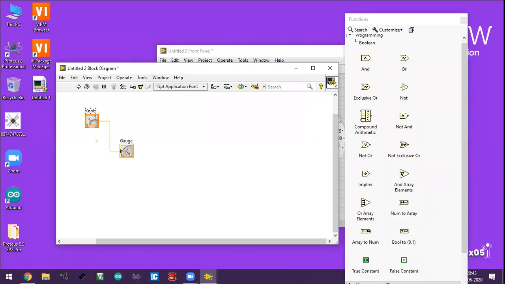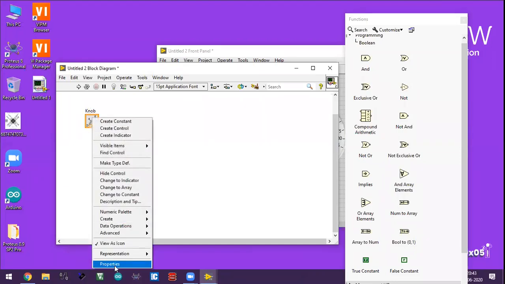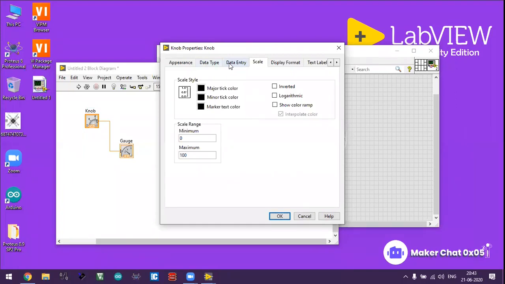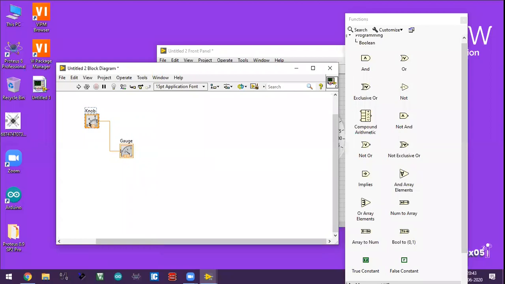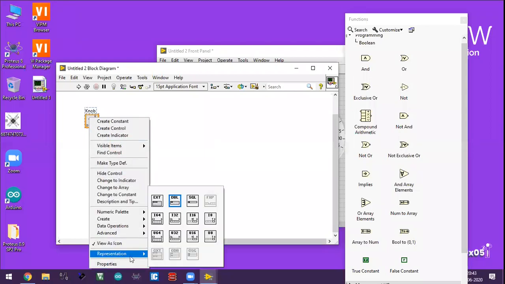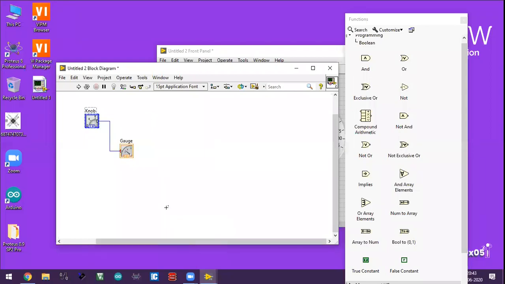See, one thing is there, this is an orange color, so it represents a double value. If I change the property, numeric values, you can see either decimal, hexadecimal, octal, binary, all the values are there. So it is a precision value, a representation is there. I go for long values.